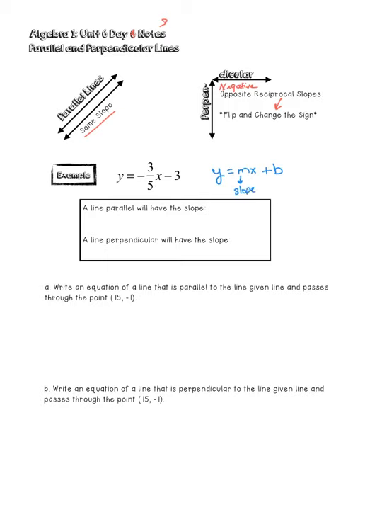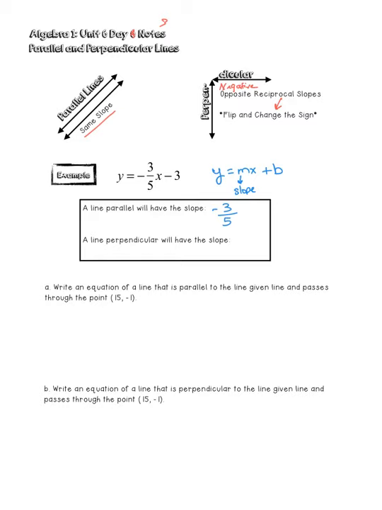A line parallel to that equation will have the same slope, negative 3 over 5. It will just have a different y-intercept because the line that is parallel will cross the y-axis at a different